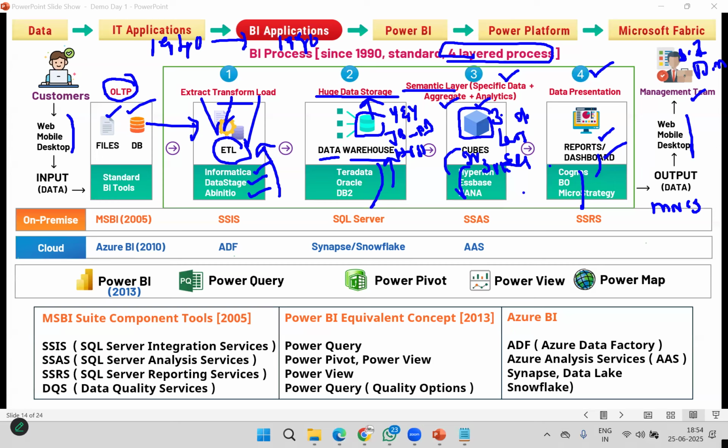Yes, Microsoft took that initiative, and the first product Microsoft released was MSBI, Microsoft BI, proudly launched. No tool has the prefix or suffix BI, but it has Microsoft BI in 2005, purely on-premises, and it is a suite.